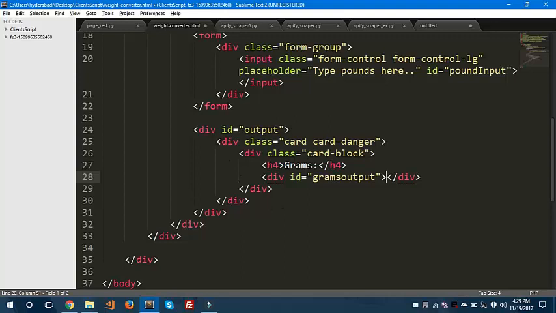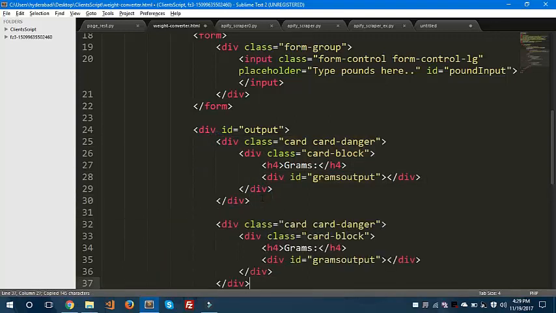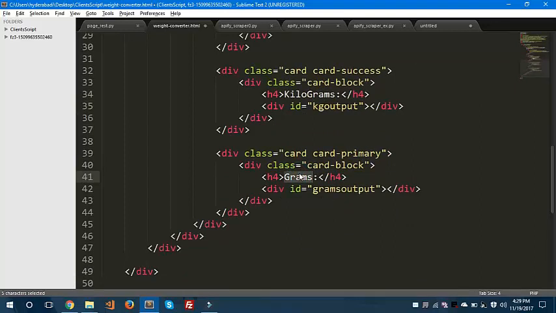So let's use this same card and give it here, and let's change this to success and this one to primary, and this should be kilograms, right? And let's remove this and let's say kg-output, right? And this should be ounces, and change this to